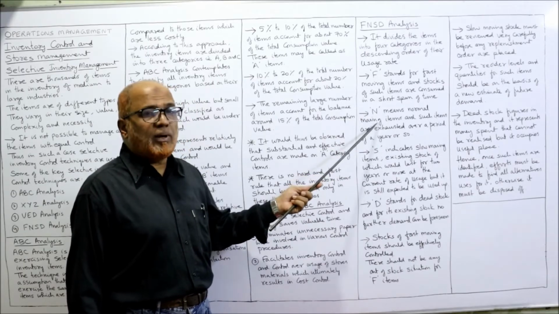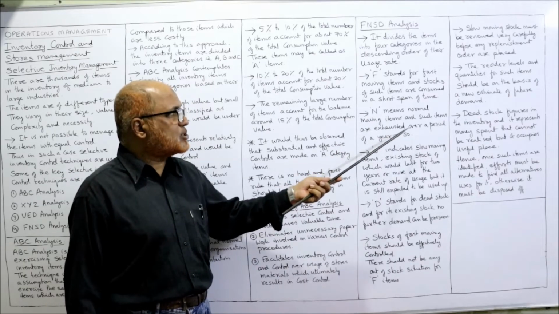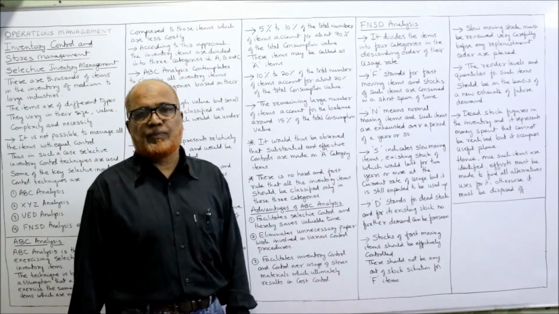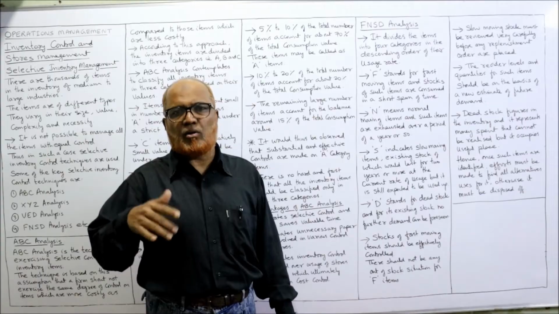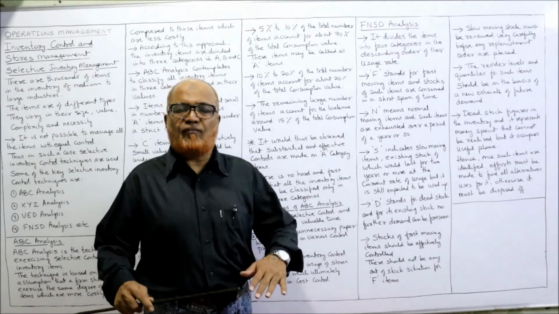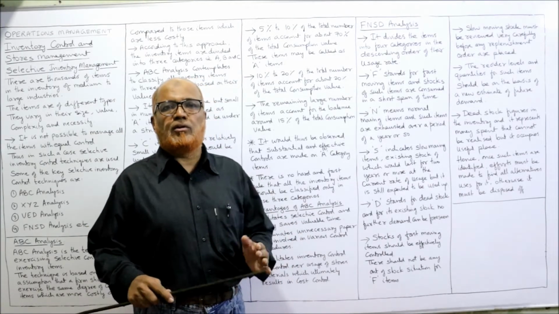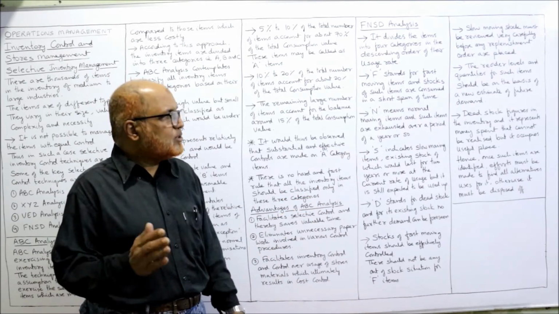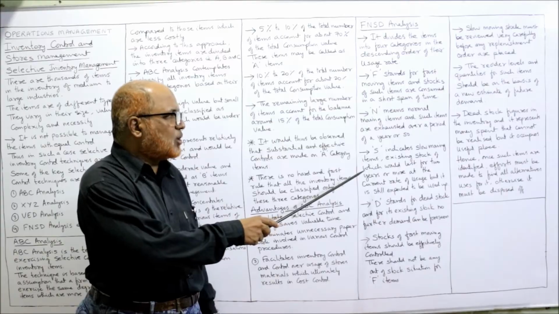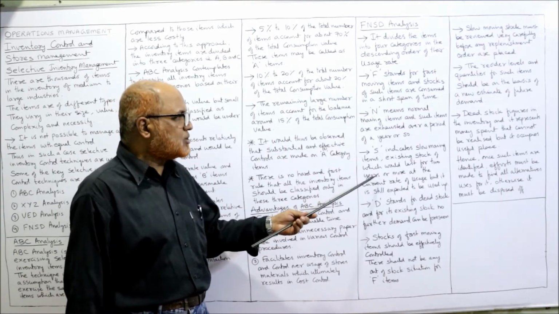N means normal moving items. Such items are exhausted over a period of a year or so. That means those items which will be consumed in a period of 1 year or so. It is not fast moving, it is slow moving, normal items. Then S stands for slow moving items, existing stock of which would last for 2 years or more